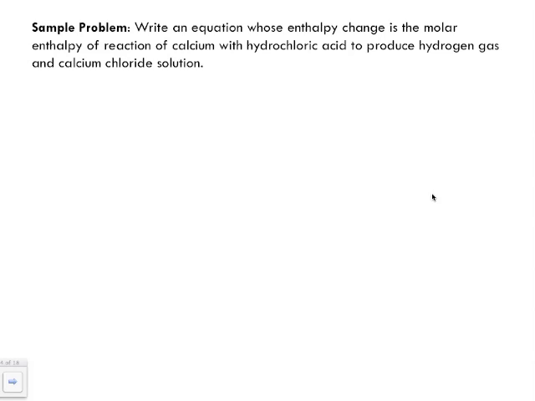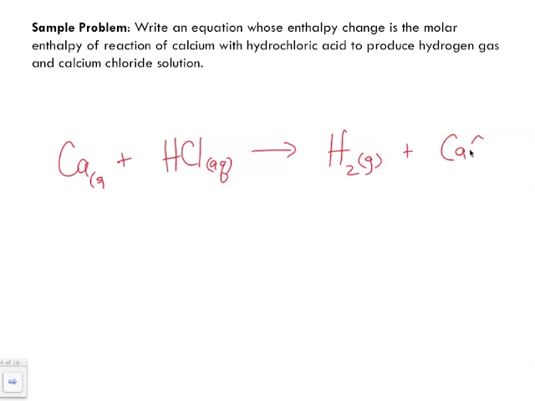For this sample problem, again, same thing. Write an equation whose enthalpy change is the molar enthalpy of the reaction of calcium reacting with hydrochloric acid to produce hydrogen gas and calcium chloride solution. So we're going to have calcium solid plus hydrochloric acid, which is aqueous, to produce hydrogen gas and calcium chloride, which also is